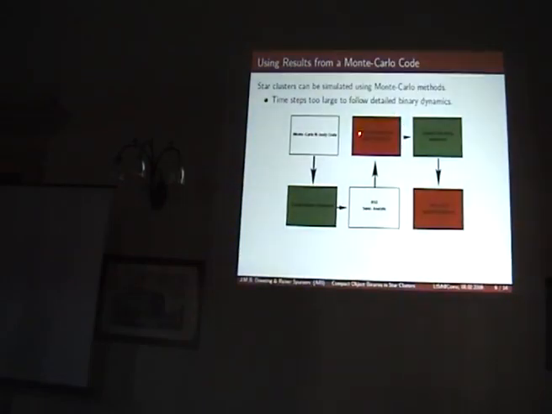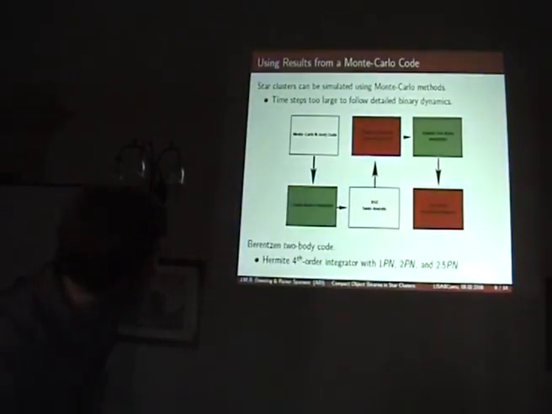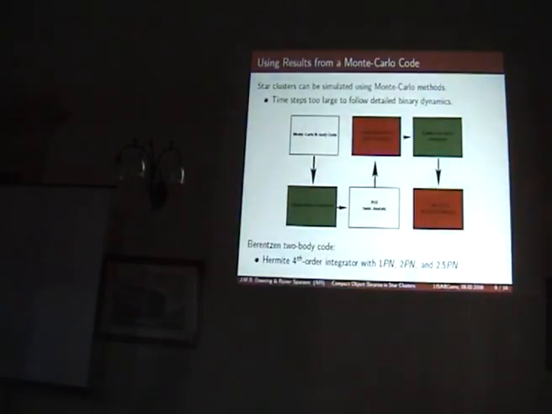And so what we do then is we take these double degenerate binaries and do an explicit two-body integration until they merge, to actually produce the final inspiral and merger using a post-Newtonian treatment and to get full orbital information for the merger, and then we have data about relativistic mergers. So that's the plan. For this segment, I'm using a two-body code written by Ingo Berentzen, who is here. It's a Hermite fourth-order integrator, and it's got 1PN, 2PN, and 2.5PN corrections. So this is a 2.5PN accurate two-body integration code.